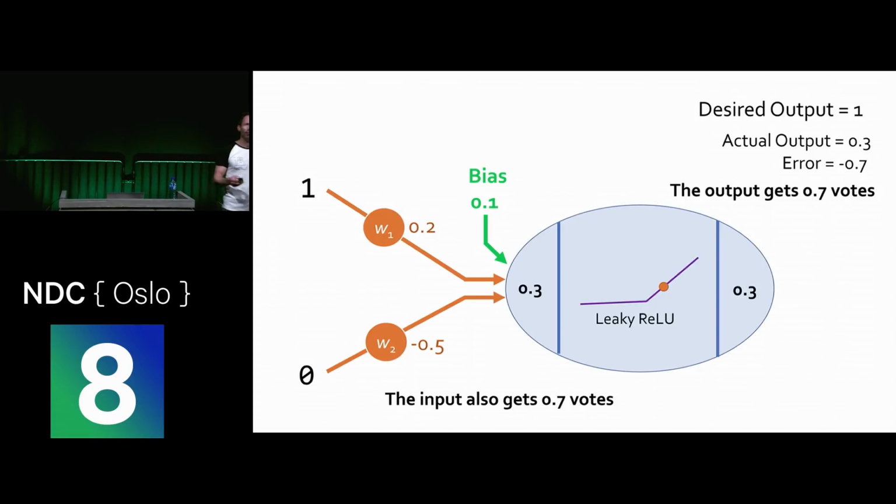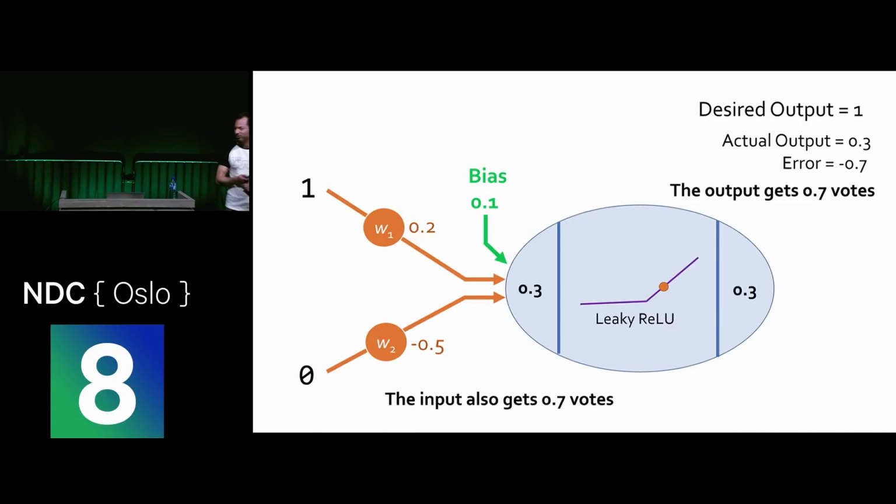When you're training these things, you want to be very careful, because any change you make can break it for other training samples. So if it's not going to make any difference for you, you don't want to break it for anyone else. Okay, so the input gets 0.7 votes. Now we could go to all the other training samples and collect up the votes, but we don't need to. There's an easier way to do it.